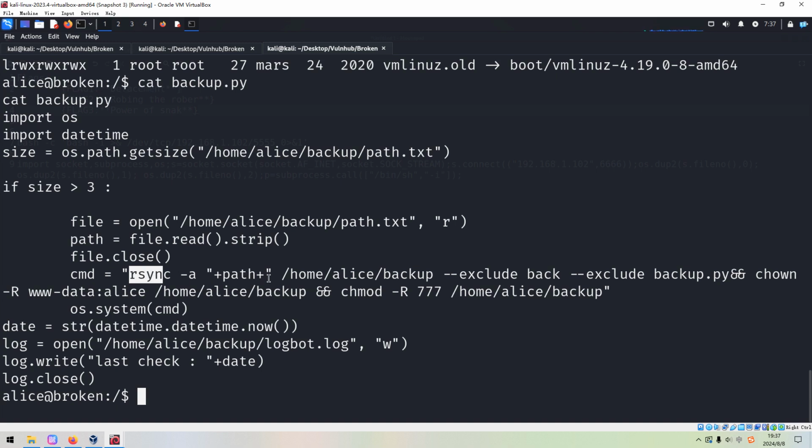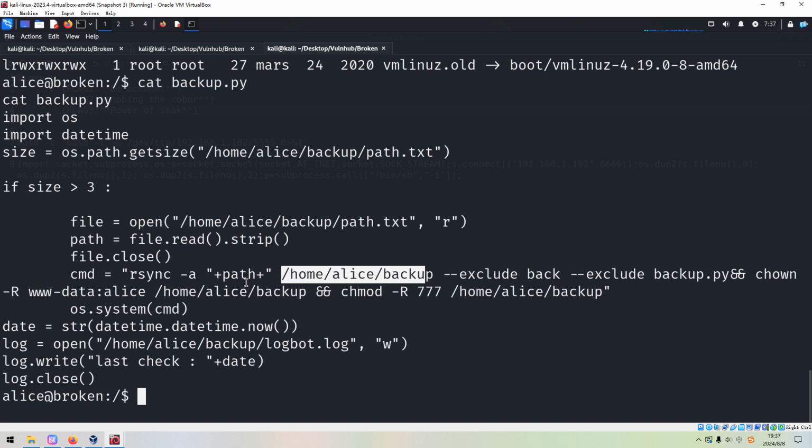So I think this command will copy the files here into this directory, and of course will exclude something like back and backup. So I think it's clear. For example, we want to retrieve the root flag.